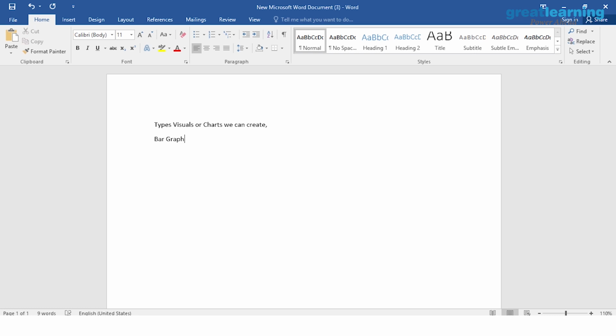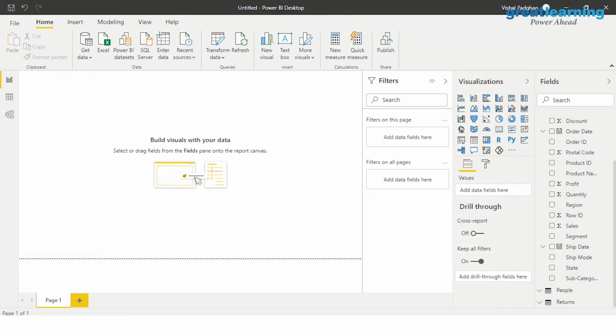It is one of the most recognized visualizations, graphs or charts out there. Bar graphs are very popular or known for visually presenting nearly any type of data. In particular, if you want to compare multiple variables, this would be a good option to do that. And to give you an example, let's come here.